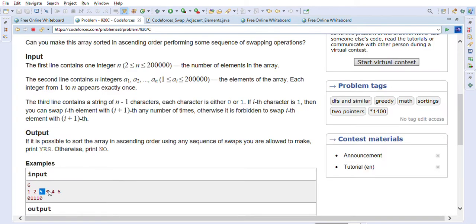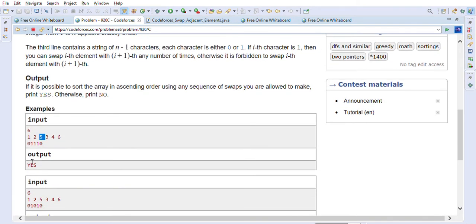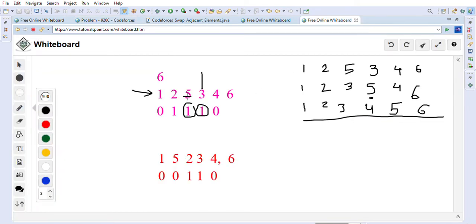As you can see, we are getting yes here because we can sort this array with the technique that we used here. So how can we implement the solution? What we can do is go through this array one by one, these elements, and we will